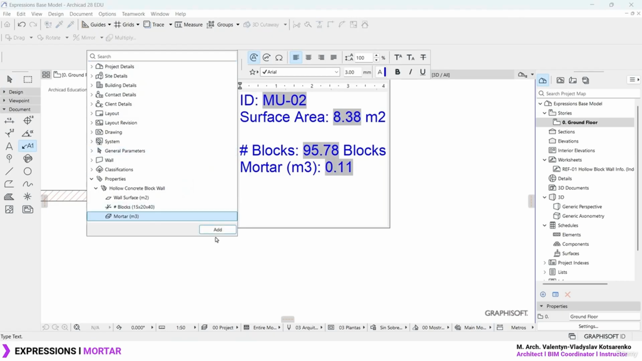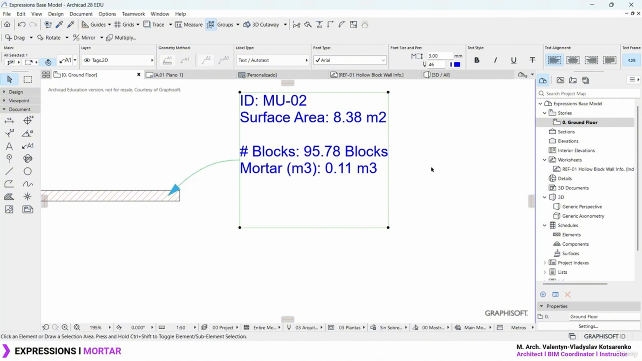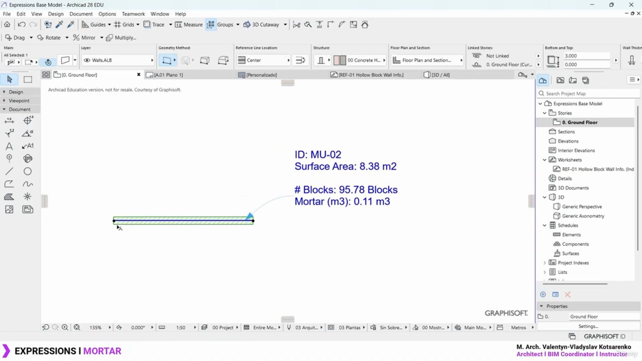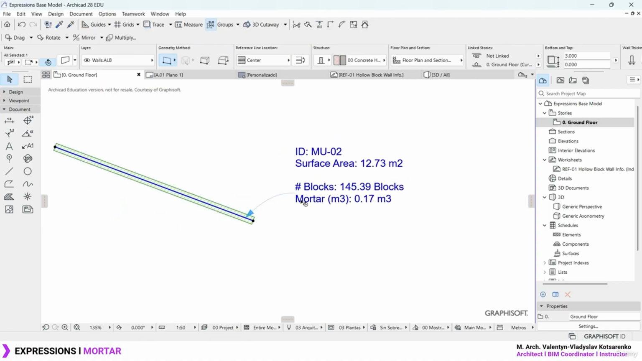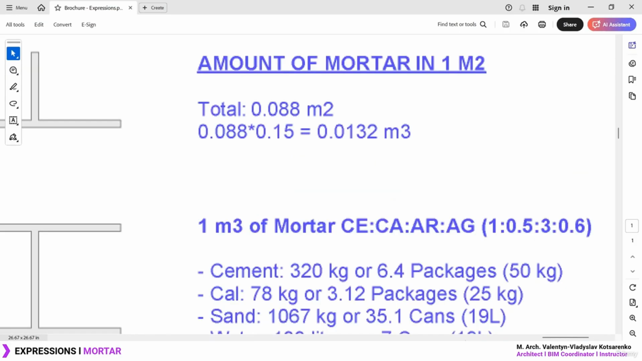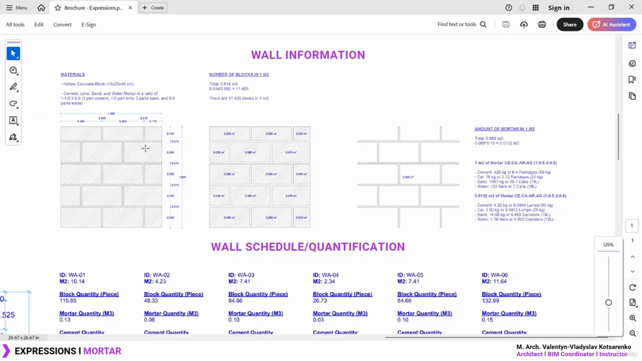Let's add mortar. And this is going to be expressed in cubic meters. Okay, so as you can see right over here, it works, everything works perfectly. Let's switch this wall. It's going to update the amount of blocks and the amount of mortar you require for this wall. Okay, so as always, take a moment, make sure that you get the amount of mortar you require